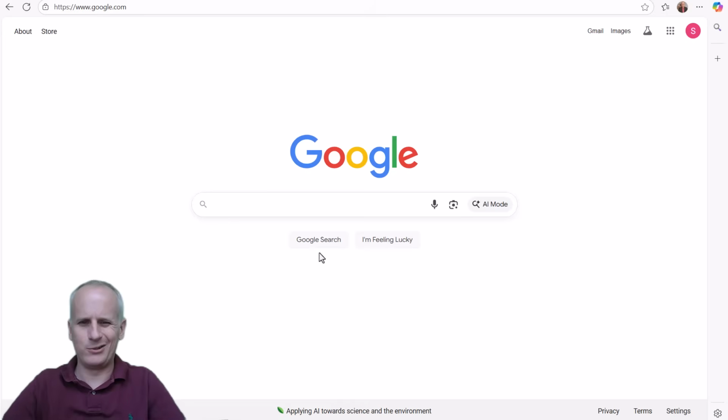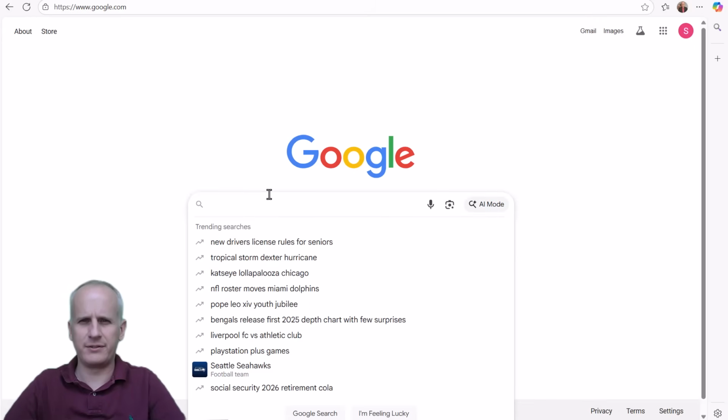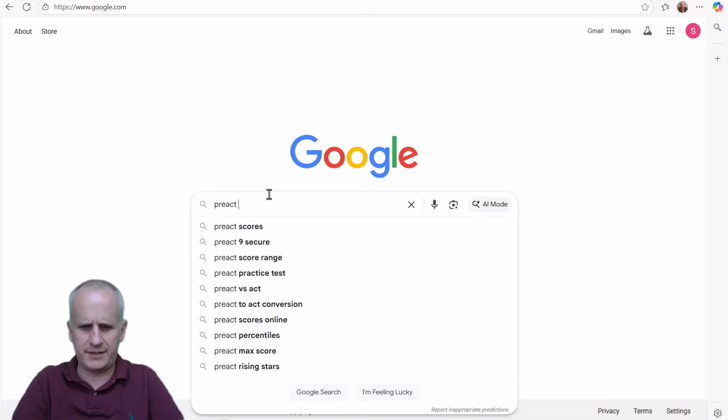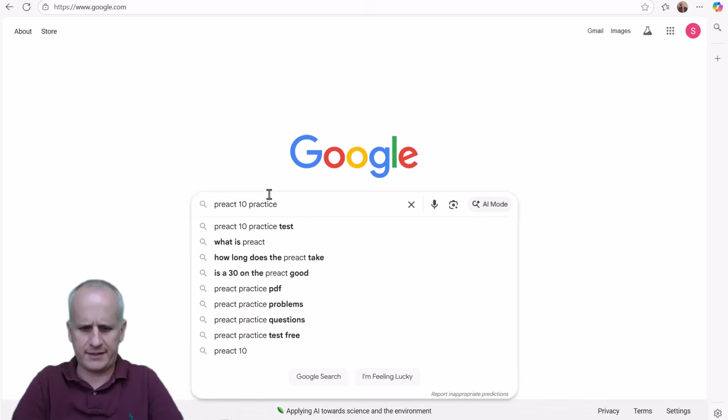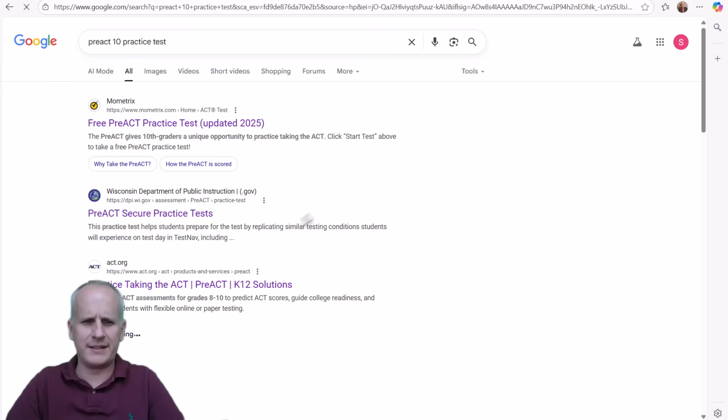Here we are just at the Google homepage, and part of the challenge of getting into practicing for the pre-ACT 10 is just locating where these practice exams that are all computer-based exist. So we're going to just type in pre-ACT 10 practice test here, and you're going to get a couple of